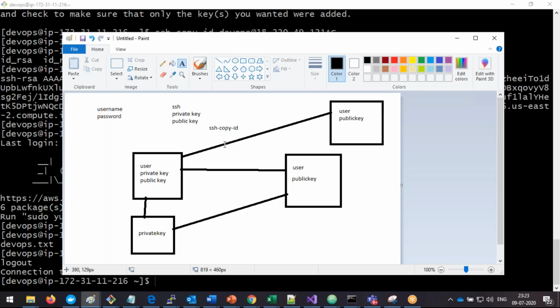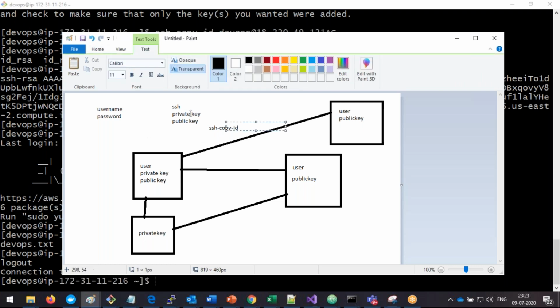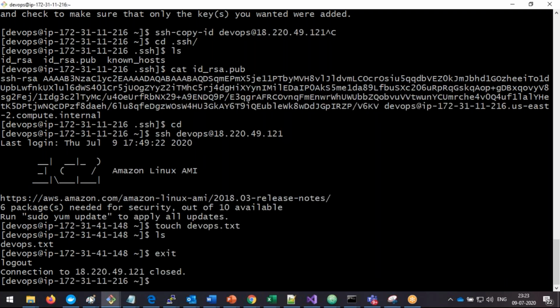Now the copying of a public key can be done in another way also. For that, we don't need to go to the sshd service configuration file and change password authentication from no to yes, then restart the service and use the ssh-copy-id command. Manually, we can do it. Automatically, the process is taken care of by the command. Here you don't need to run the command, you can simply do it manually. So here, what I'm going to do,